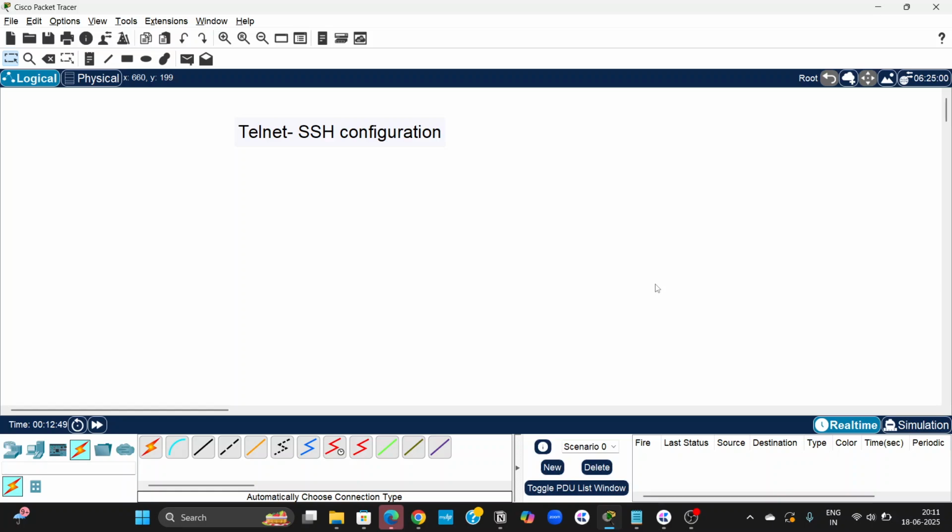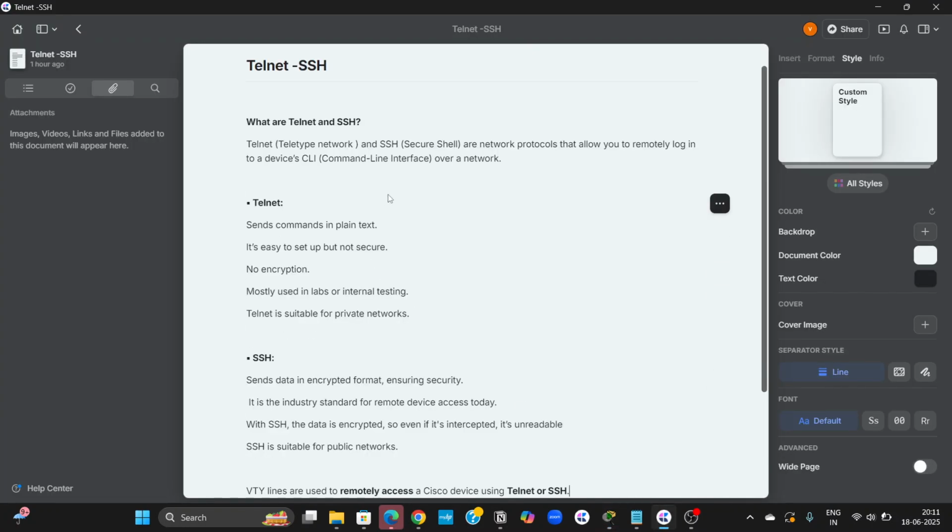Today I will show you how to access your Cisco router remotely using Telnet and SSH. So let's see some short intro about Telnet and SSH. Telnet means teletype network and SSH means secure shell. Both are network protocols that allow you to remotely log in to a device CLI over a